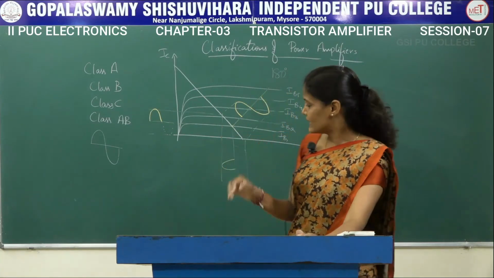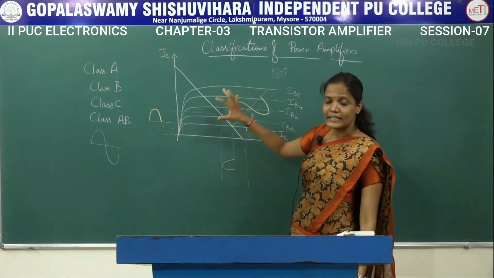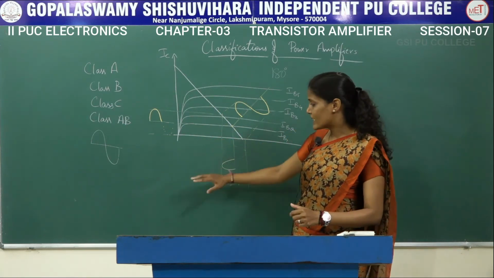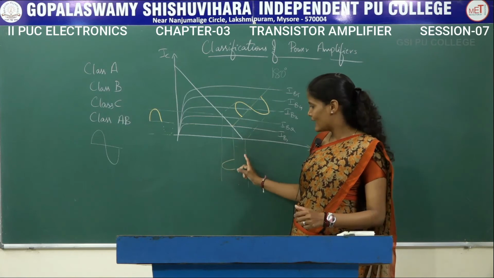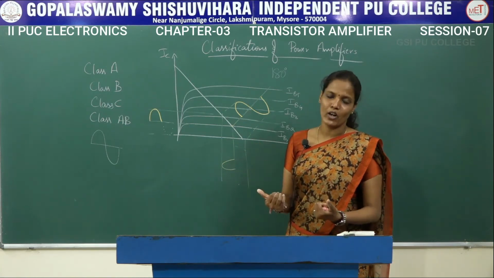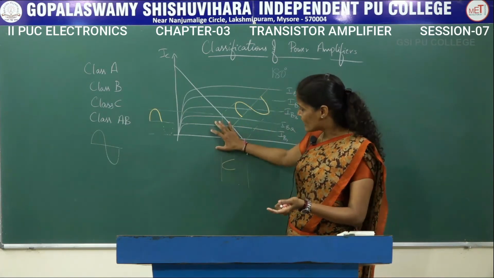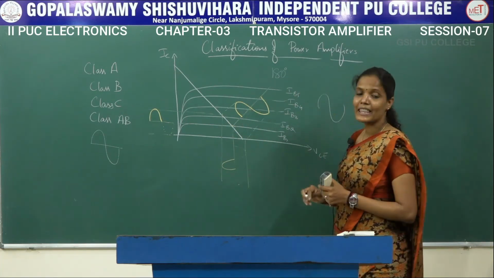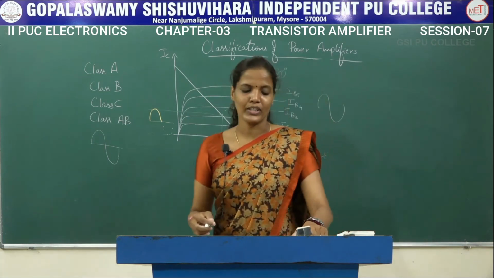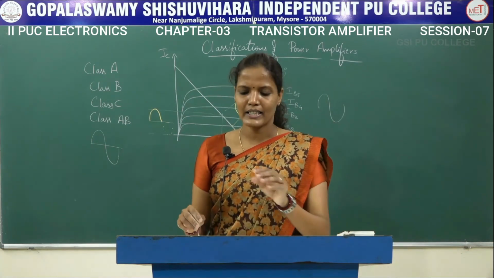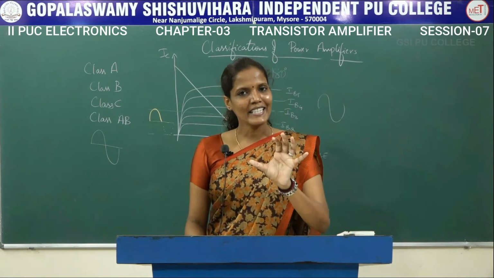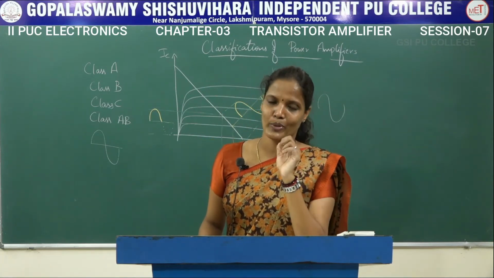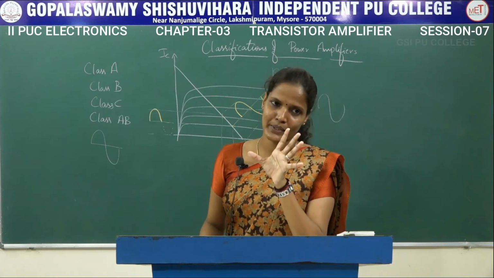If I want the other half cycle, then in the same way we use another amplifier setup in which the positive half cycles will be distorted and only the negative half cycles will be got. So with the combination of this circuit and the other circuit we are going to get the complete cycle at the output side of the collector. So for class B, only for the 180 degree conduction angle of the input cycle we are going to get the output. The other half cycle will be eliminated.